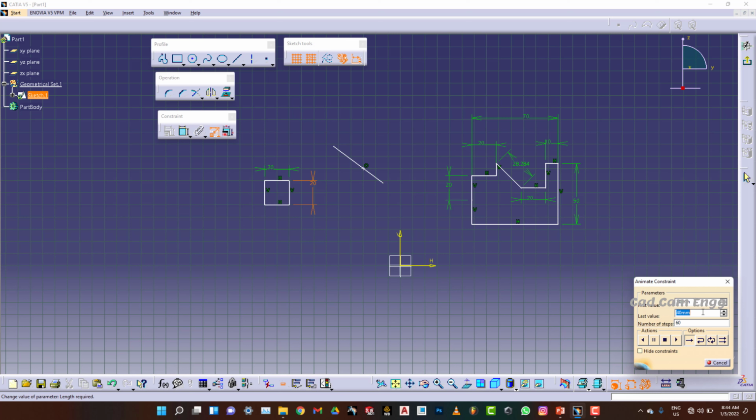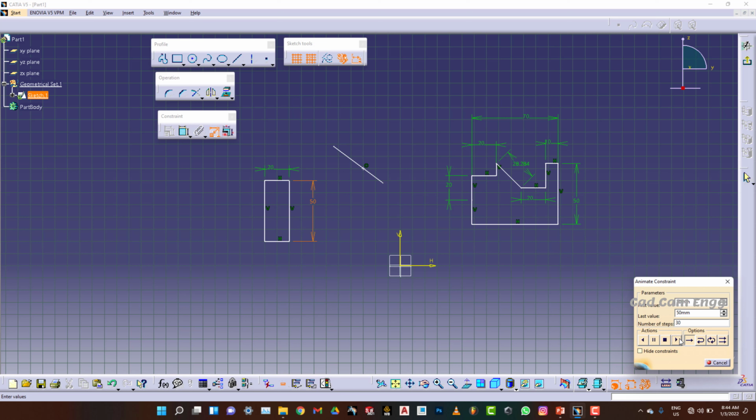After that I give some points. I have to assume how it will look if it is 50, and then give the number of frames, 30 frames per second I want. After that, play. Okay.